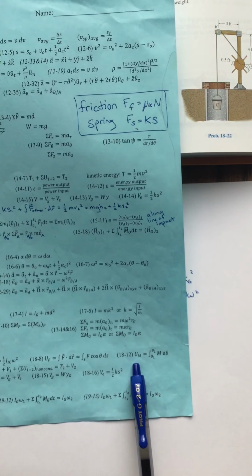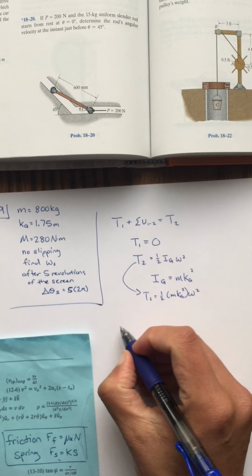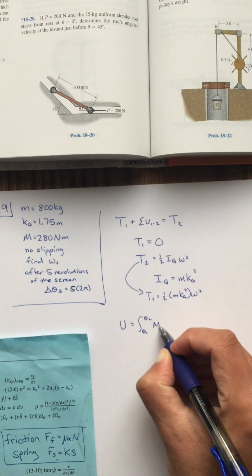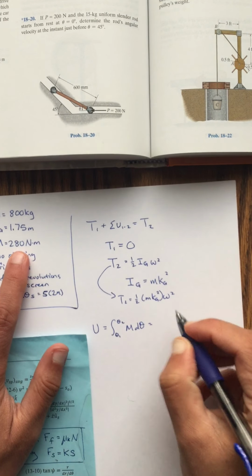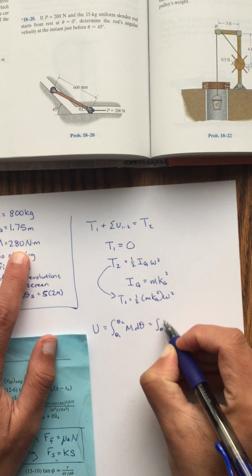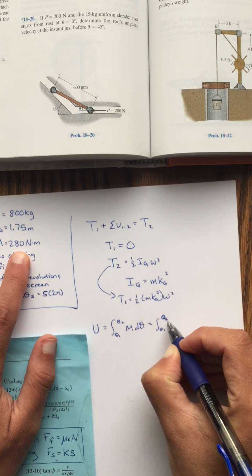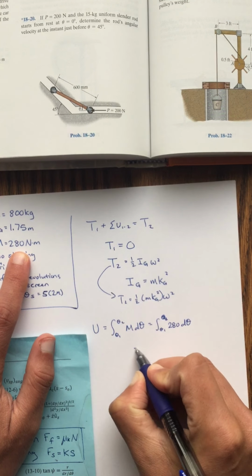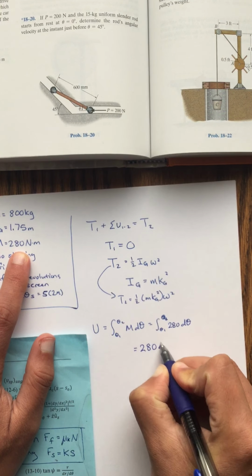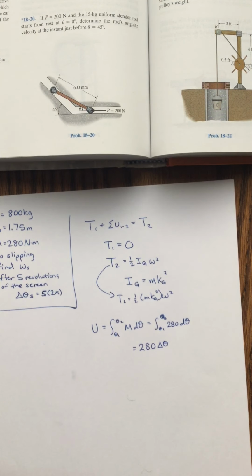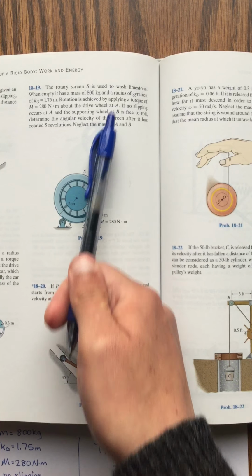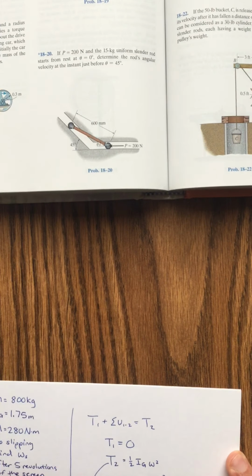Now I have to find the work done, and I can use equation 18-12. I can put in the 280 Newton meters, integrate with respect to theta, and that just gives me 280 times delta theta. But this was the torque about the drive wheel at A, so this